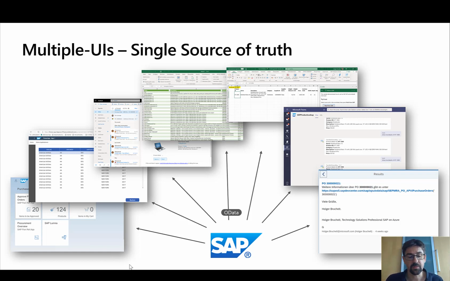And I know of many customers that are fully betting on this user experience story, that are clearly saying with SAP Fiori, I get this role-based, simplified experience that I can really roll out to my users. But still, there are situations where some of your workers would like to have data maybe also in other tools. Maybe they start with SAP Fiori, but then they want to work with data in Excel.